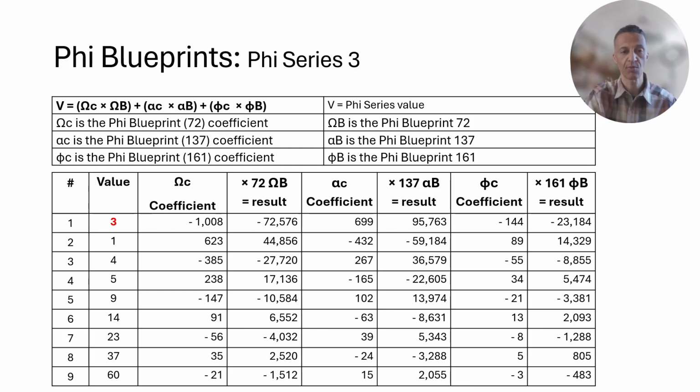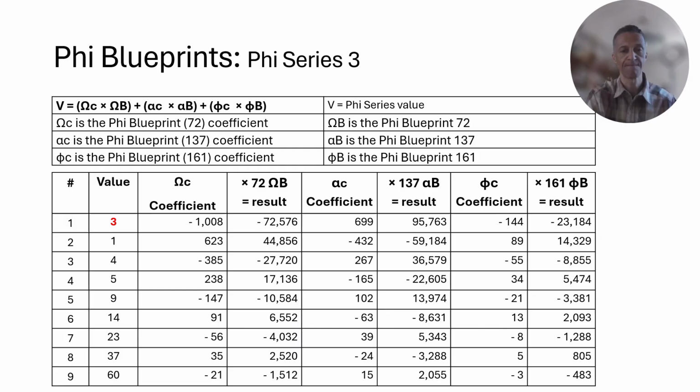Now I will just round this up with Phi Series 3, and it will be the same for the rest, for Phi Series 4 all the way to 9. There are 9 Phi series. So for Phi Series 1, you only needed the 72 and the 161 Phi blueprints. For Phi Series 2 all the way to 9, including the 3 here, seeded with the 3, you need all